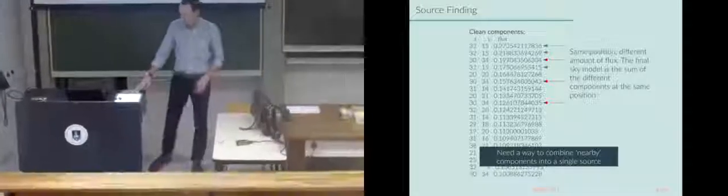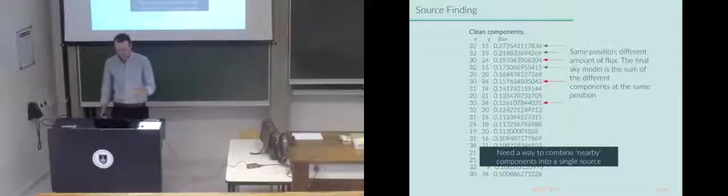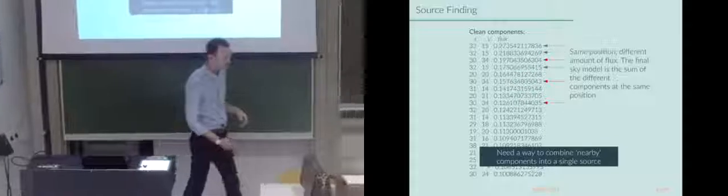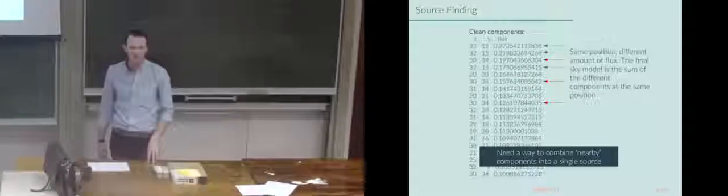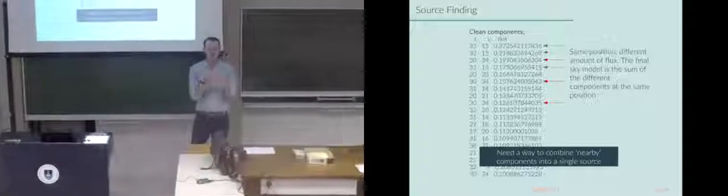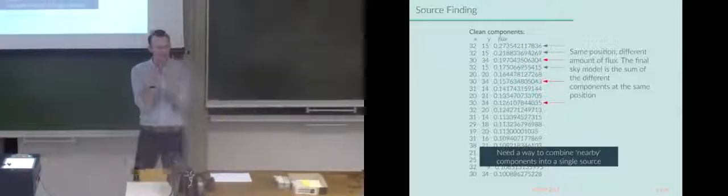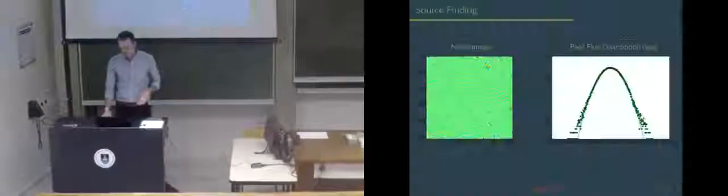Image quality assessment, I think we're running out of time. Okay, one of the last things I'll talk about before we finish up is this idea of source finding. After deconvolution, we have this big list of sky components, and as you'll recall, a bunch of these are fluxes in the same place. So it's easy, you can imagine grouping them together by going through every pair of pixels and looking for all flux and adding those together. But what happens when you have pixels right next to each other with some flux because it's spread out? You want to group those all together. This is this idea of source finding.